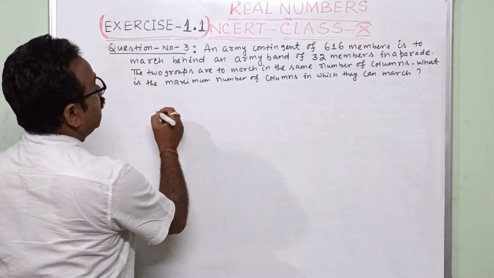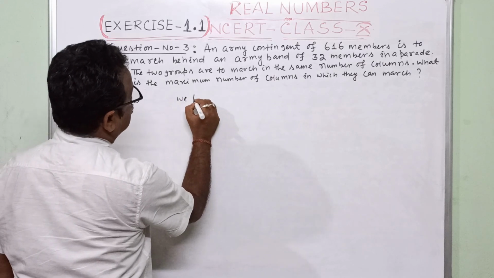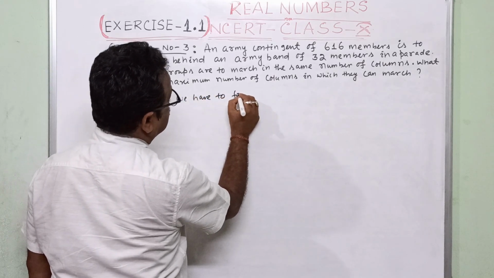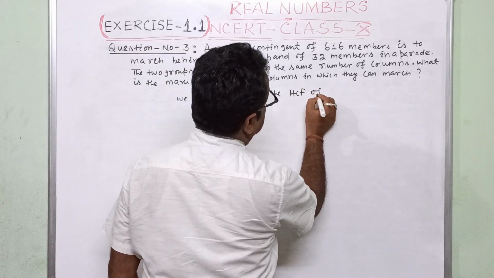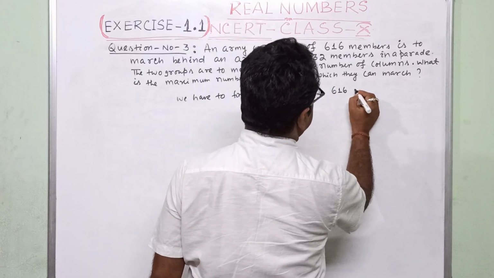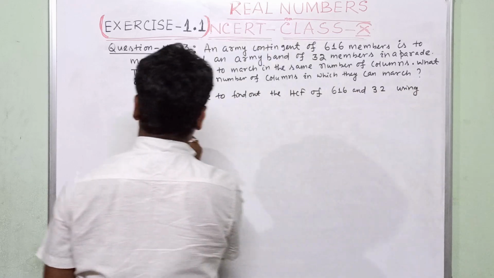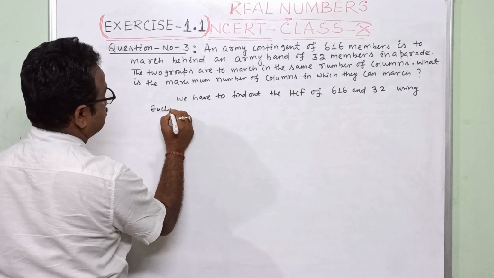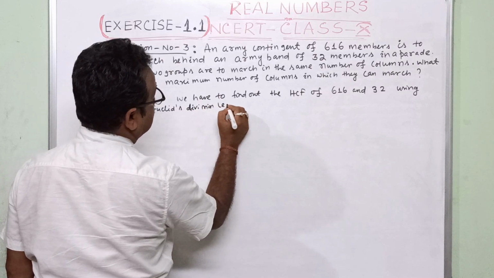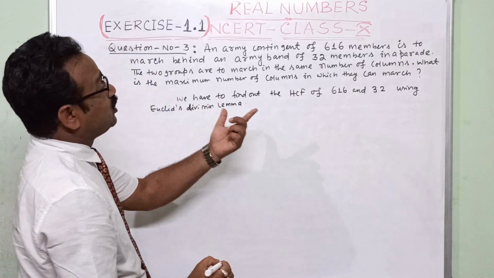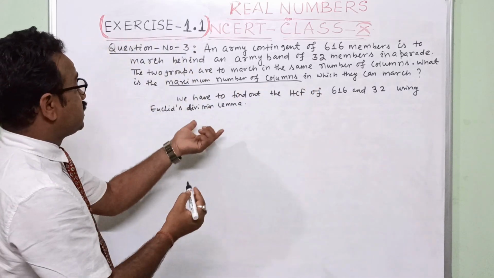So here we have to find out the HCF of 616 and 32 using Euclid's division lemma, as we are going to find out the maximum number of columns. Maximum number of columns. So now